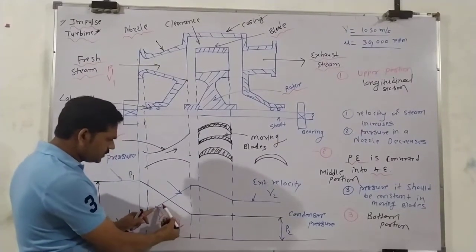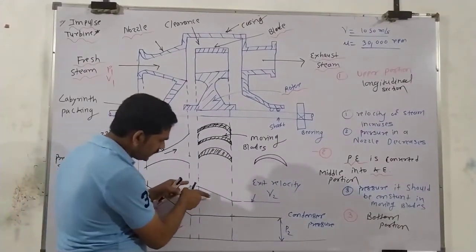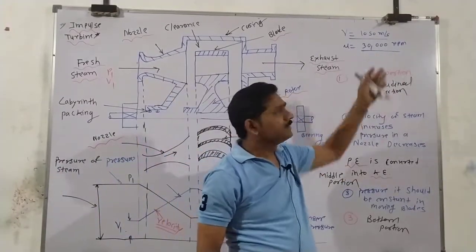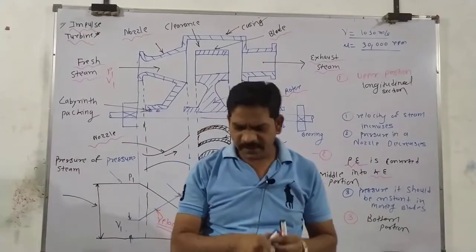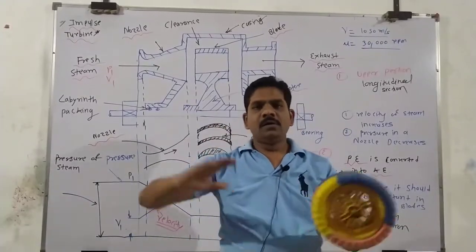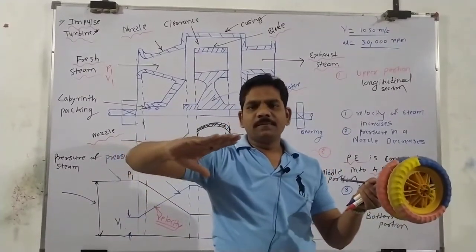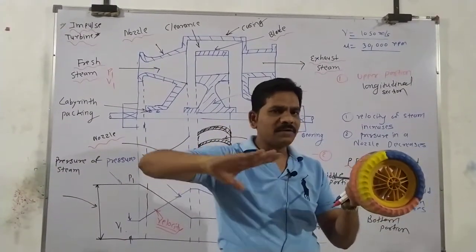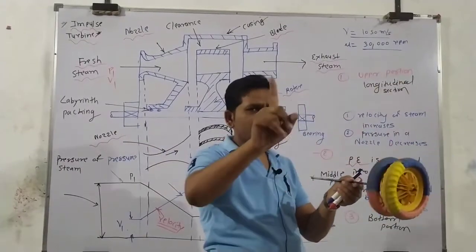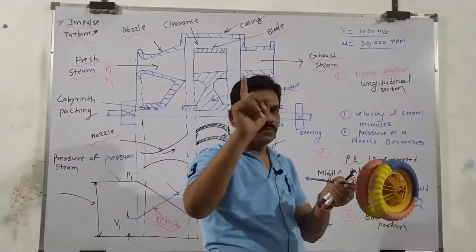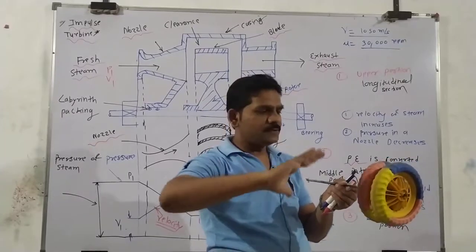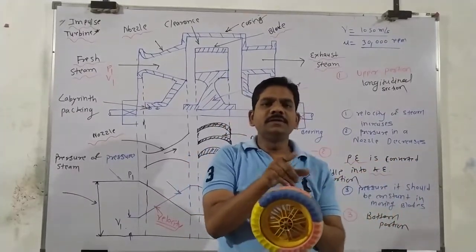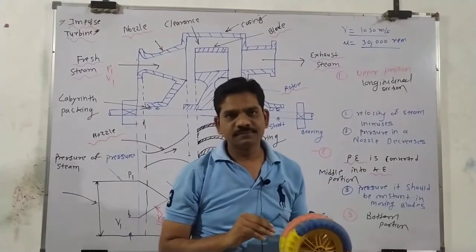This much velocity of steam strikes the blades. The velocity of the steam increases, then after that decreases in the moving blade. But if you use a single stage, what happens? This is a total loss of energy. The steam comes out with a velocity of 1050 meters per second after striking the blades, with only a single set of nozzles and a single set of blades. This high-velocity steam is leaving from the blade section, right?